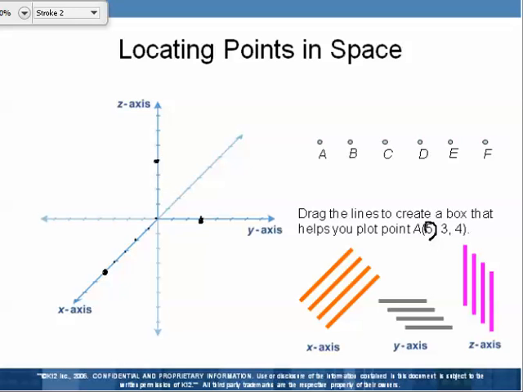So now that I've located those 3 points, I want to draw a line parallel to this one in space, out like this, parallel to the y-axis. I'm going to draw a line here, parallel to the x-axis. Those 2 points are going to meet right there. See where they meet? If I draw a line going up, the z, just like the z-axis does, from each one of these 3 things,